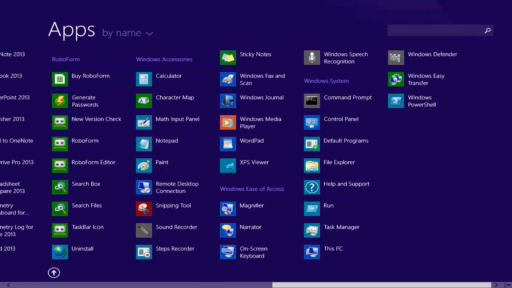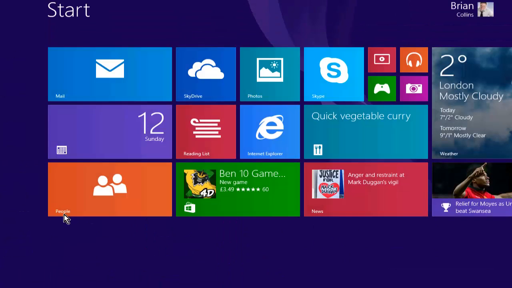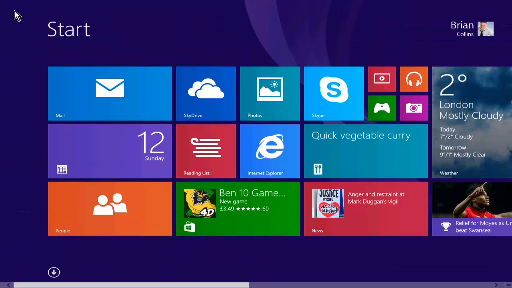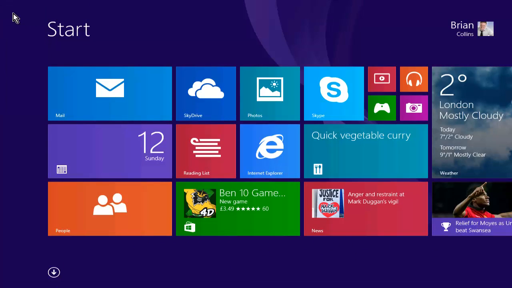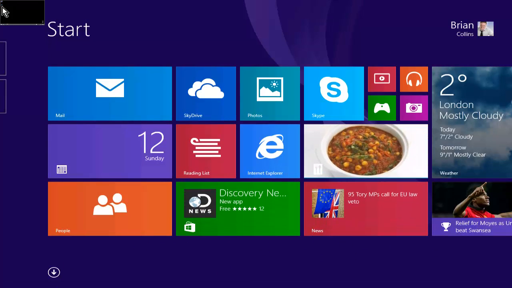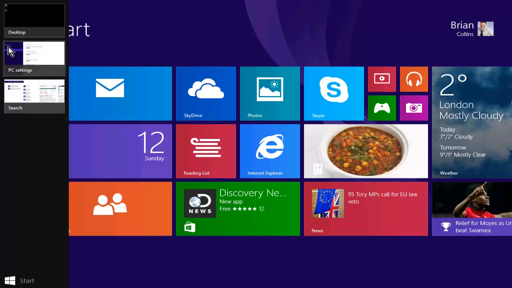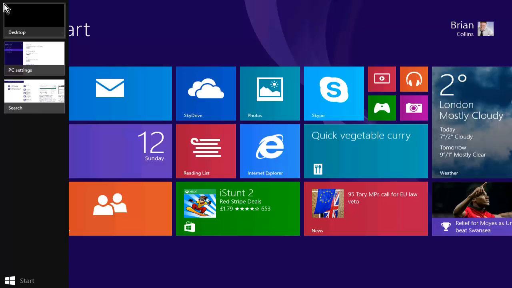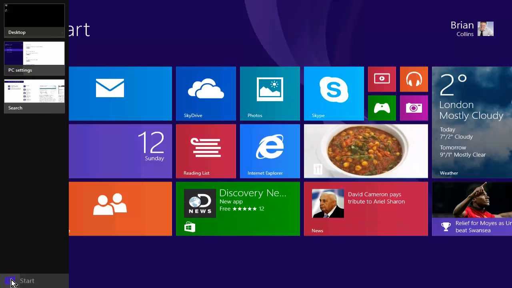That just about covers what I've done since the last video. I also want to mention that you can access the applications that you already have open by going to the top left corner and just hovering there. It will bring up the applications that you have open already,